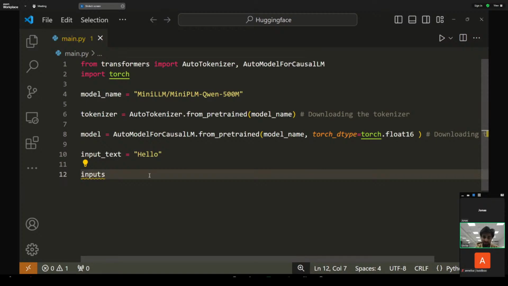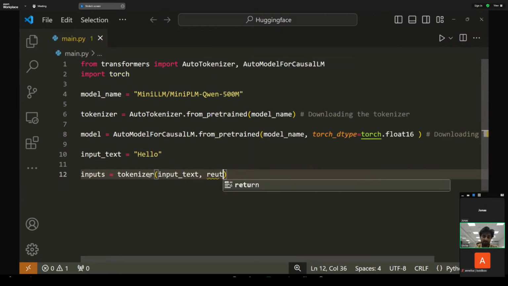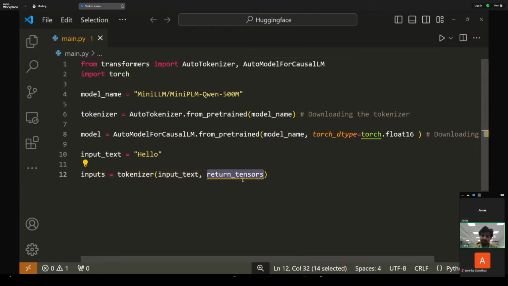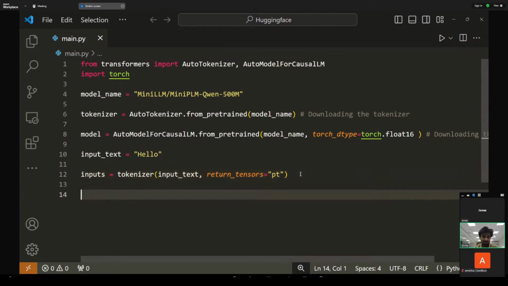So the inputs to our model will be equal to tokenizer, and we're going to give it our input_text. We also need to give it another value of return_tensors. This will be equal to PT for PyTorch. So we want our output to be in a PyTorch format for the next steps. So what is the next step? Well, we're going to generate our output. So our output will be equal to model.generate